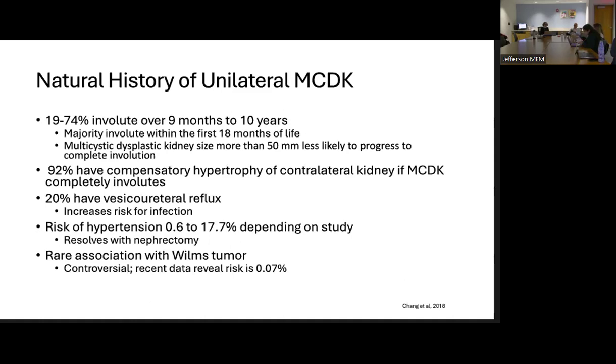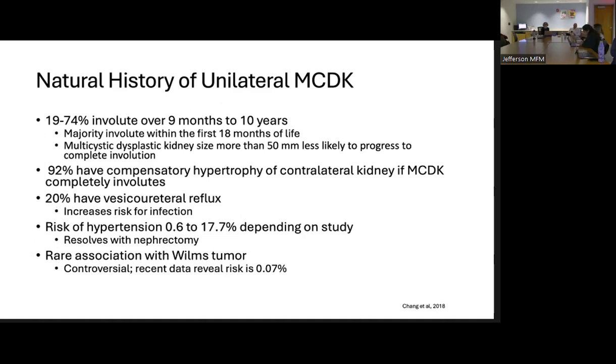So when we look at the natural history, we're going back to the more common unilateral MCDK. It's a wide range, but 19 to 74% involute over 9 months to 10 years of life. The majority involute within the first 18 months of life. A multicystic dysplastic kidney of a larger size is less likely to progress to complete involution, but